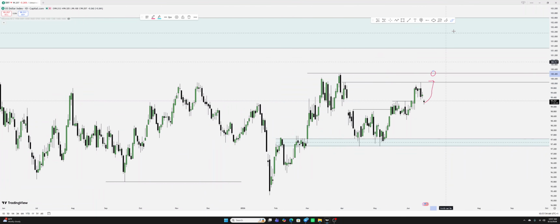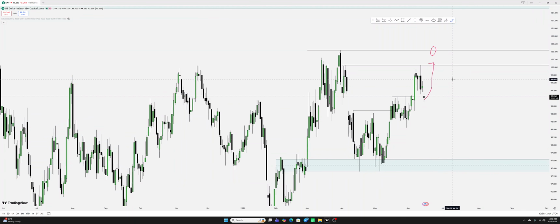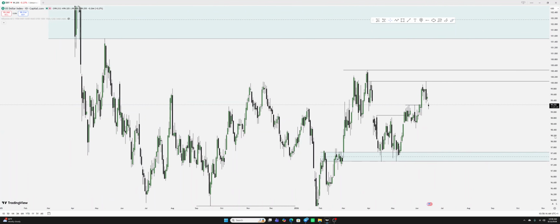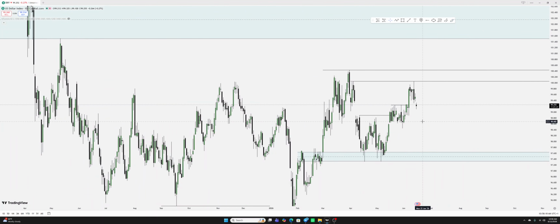Meanwhile, our overall target still remains that high right there. But before price gets to that place, you're going to see a series of trending market. So it's not like it's a bullish market straight to that point right there. There's going to be a lot of ups and downs right there. So you have to be careful, and then it is more advisable to be on the buying side of the